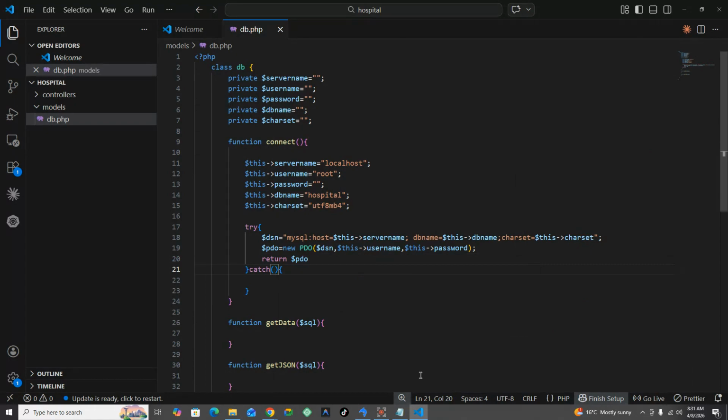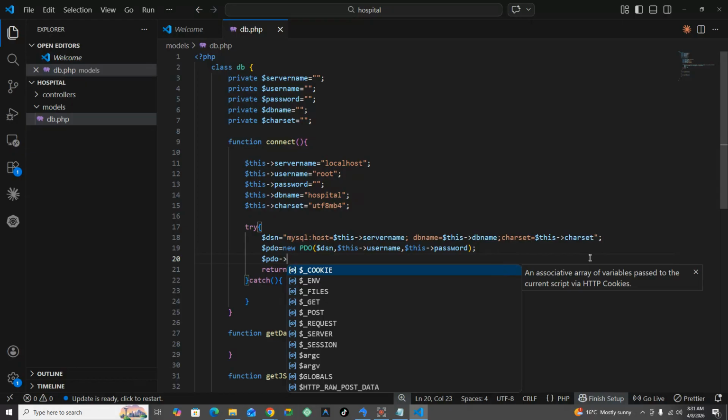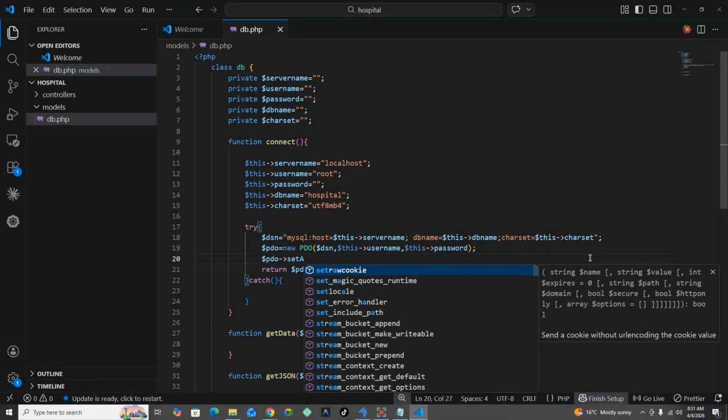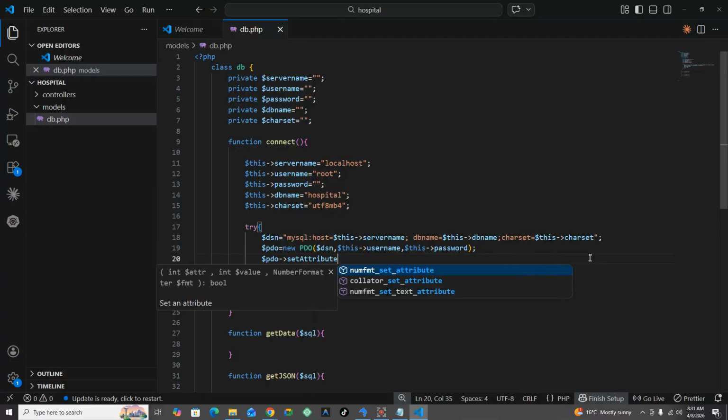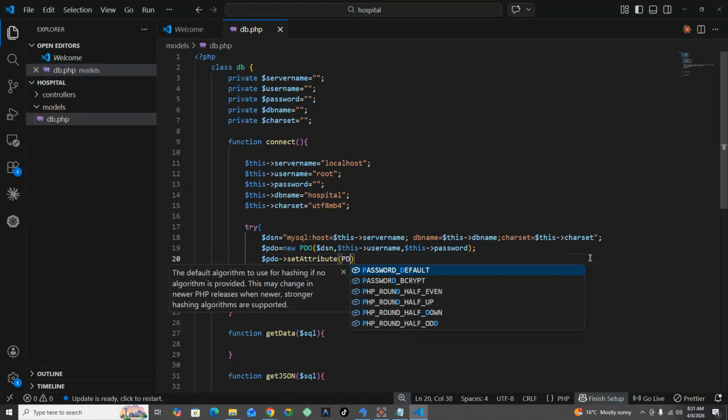Now, probably the only thing I need to set, before I return, is the error attributes. So here, let me set some attributes so that I am able to return the error. I'll simply say this PDO object, I want to be able to set attributes, and these attributes are going to be two. One of them is going to be the error mode, and the other one is going to be the error mode exception. So I'll say PDO